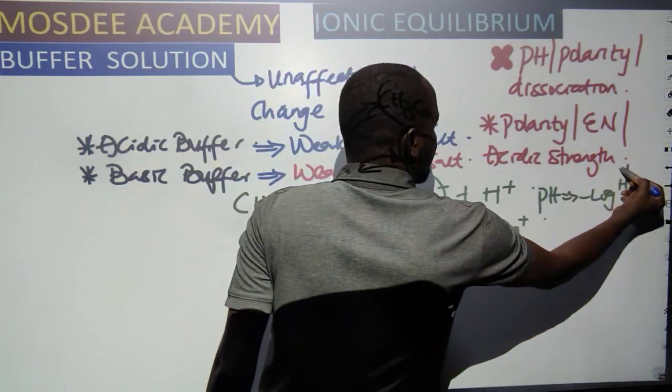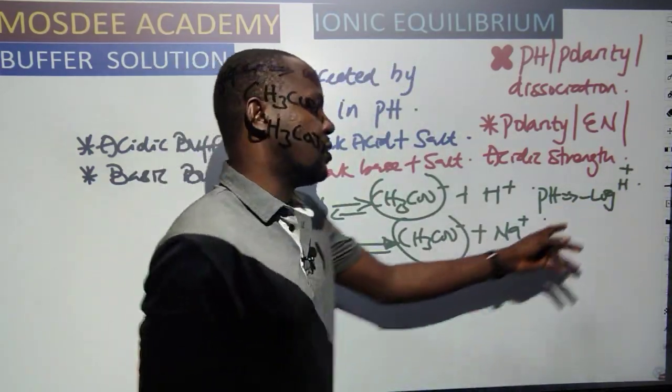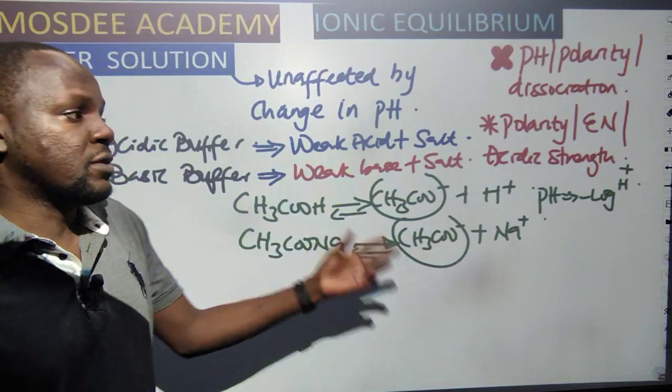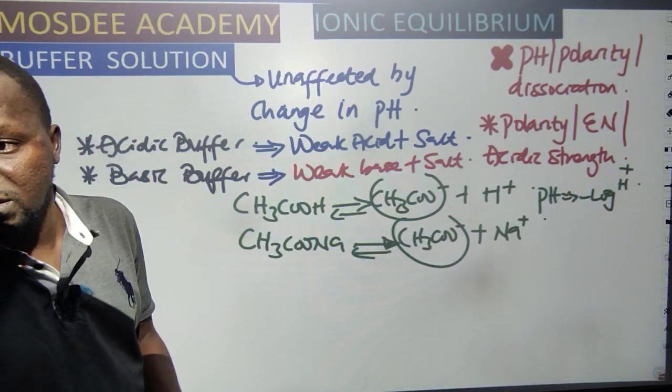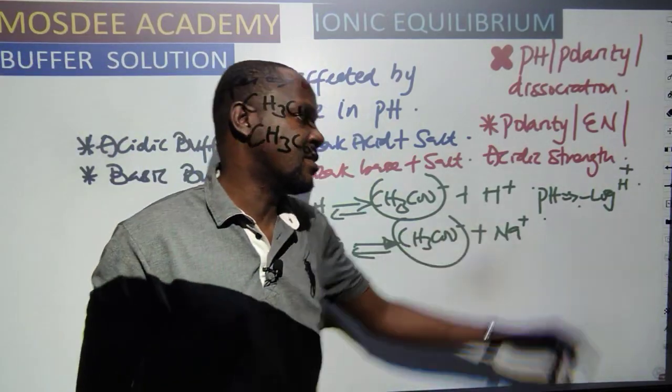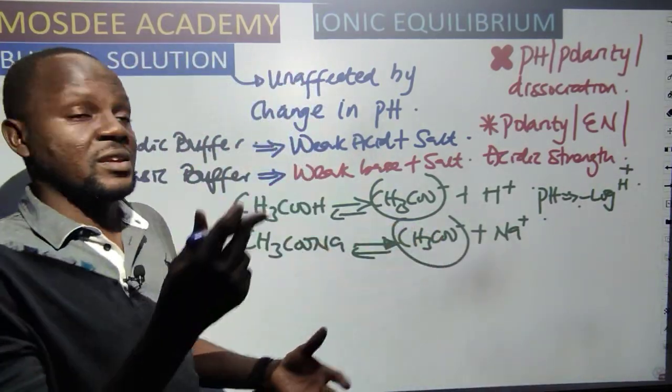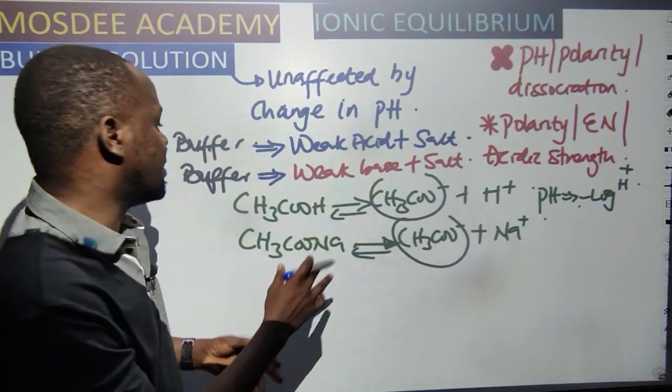Because when hydrogen ion is reducing, you know pH is equal to negative log of hydrogen ion concentration. When hydrogen ion is reducing, what this means is that pH is going to be the opposite of that. So please note that because you have negative, hydrogen ion is reducing, pH is increasing. So what we are saying here is that